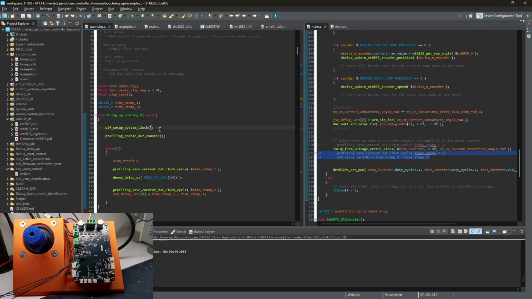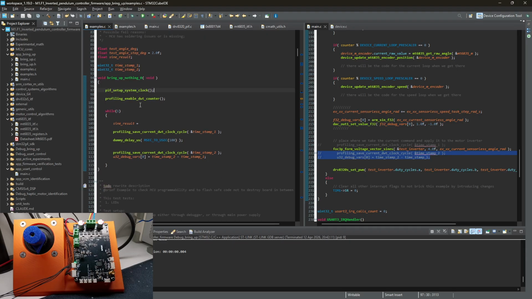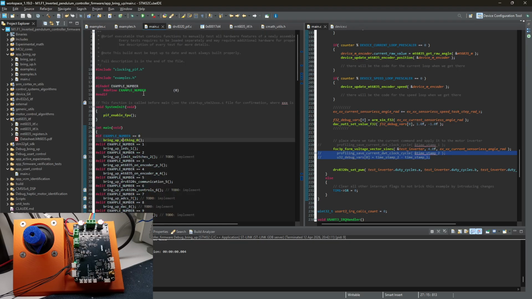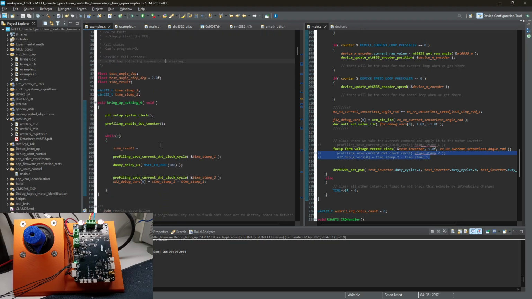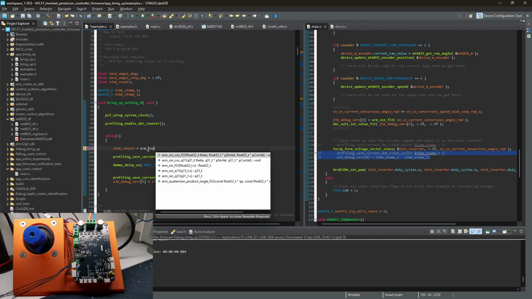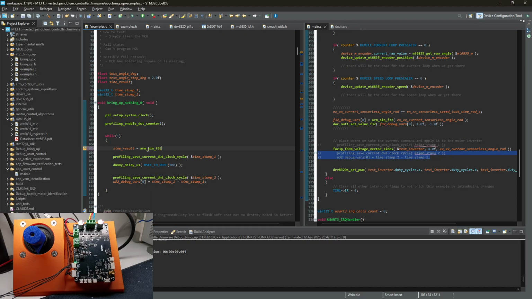So this works. What else do we need? We need to enable FPU, and FPU is enabled in the main. It is, so it's fine. What else? So arm sine f32. And let's say, okay, let's actually do float angle radians equals angle test angle degrees